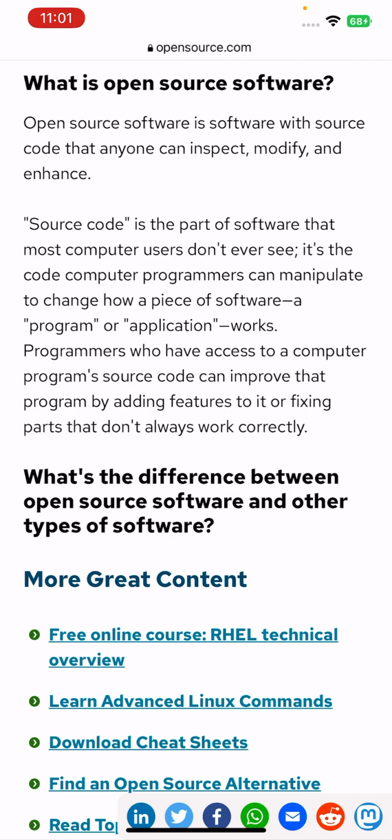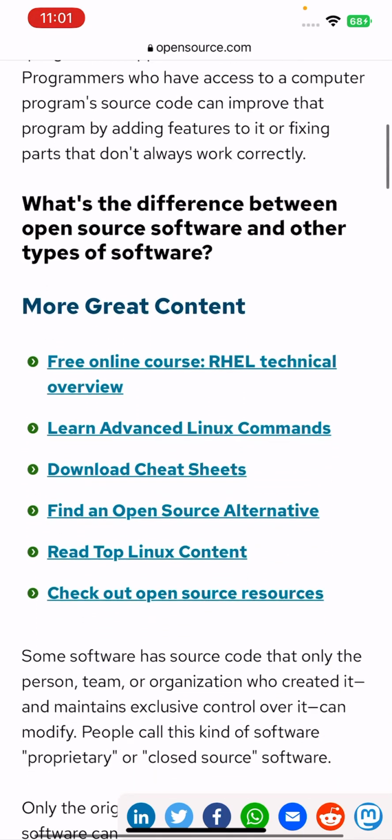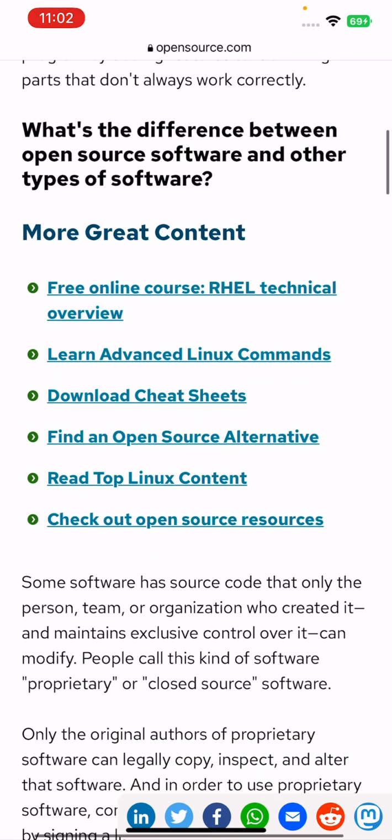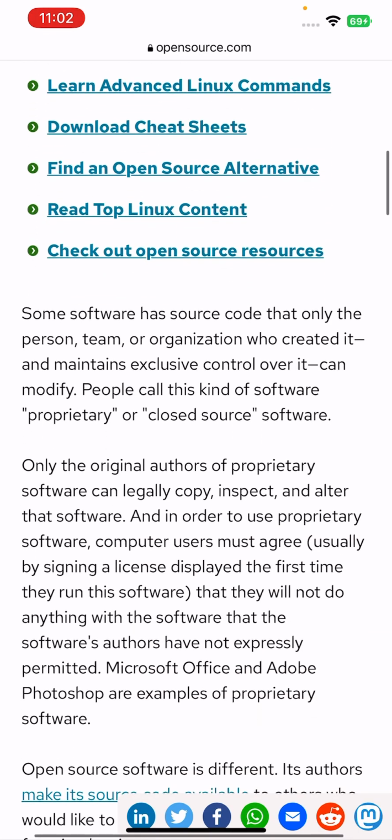So what is the difference between open source software and other software? Some software has source code that only the person, team, or organization who created it, and maintains exclusive control over it, can modify.